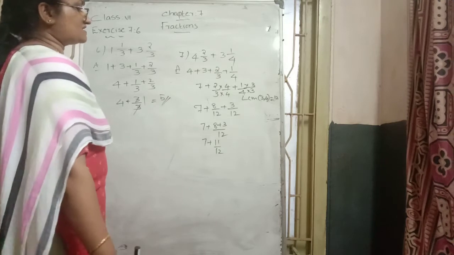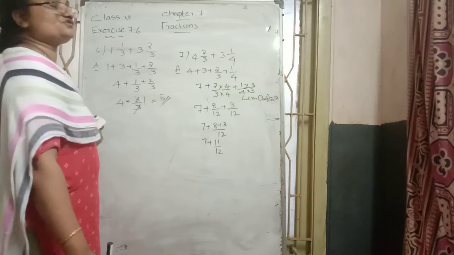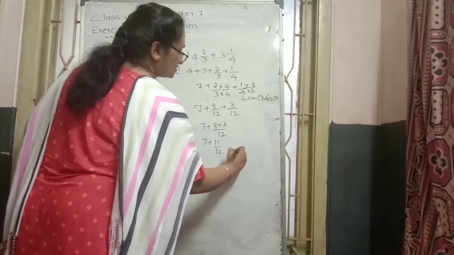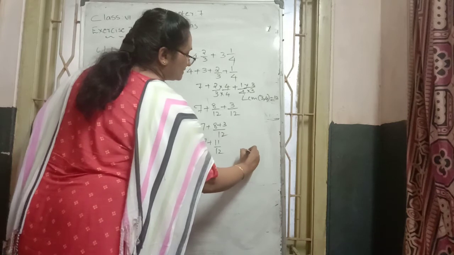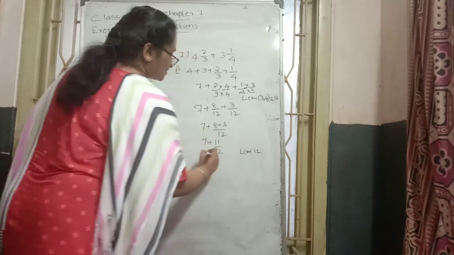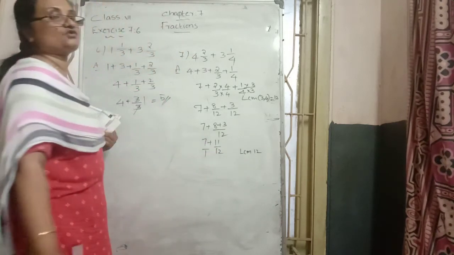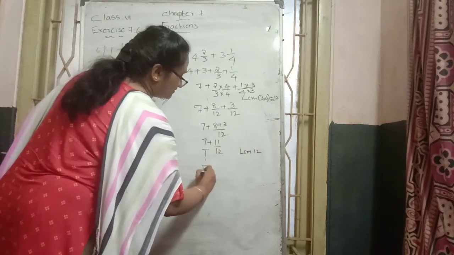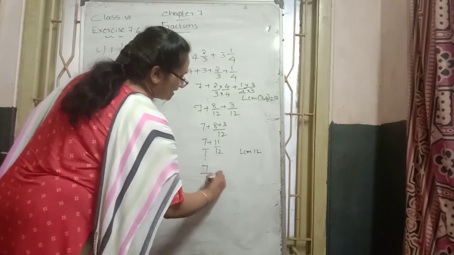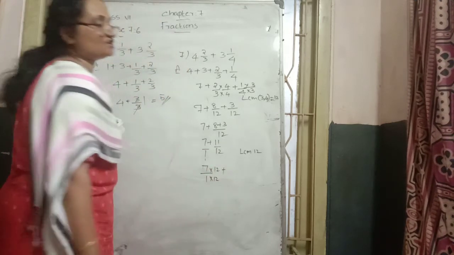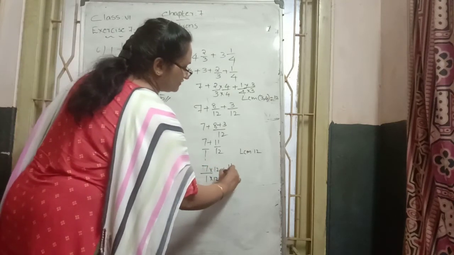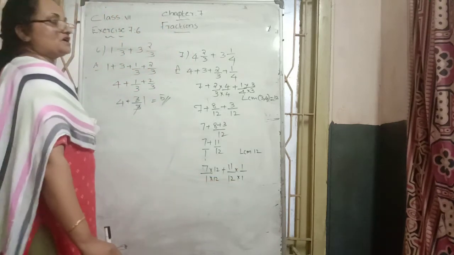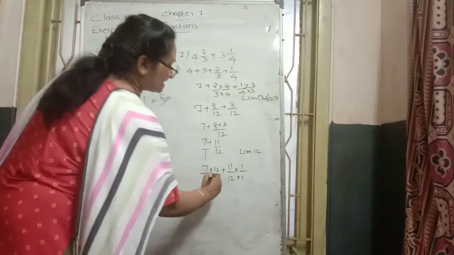So 7 plus 11 by 12. Again, how to solve this one? Here take the LCM. What does the LCM become? 12 is the LCM. So for the first part, the denominator: no denominator means keep it as 1. When 1 is multiplied by 12, we get 12 as the answer. The second fraction is 11 by 12; in the 12 table we get 12 by 1 time. So numerator and denominator are multiplied by 12, so make it the same denominator.